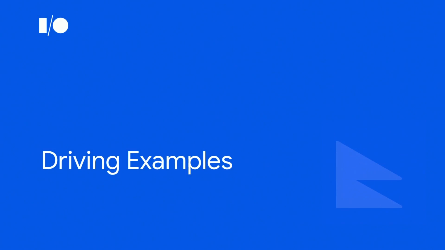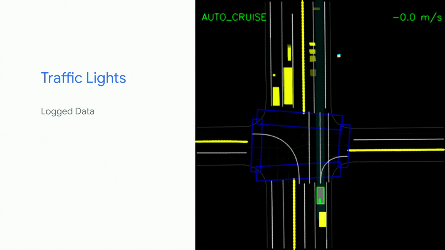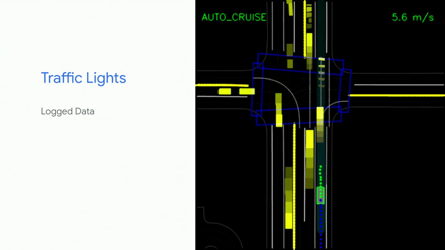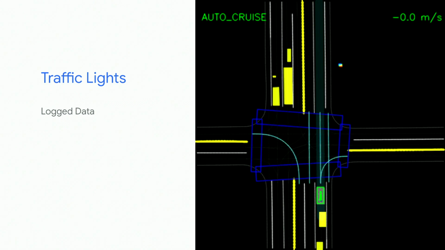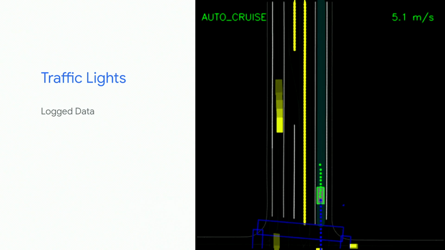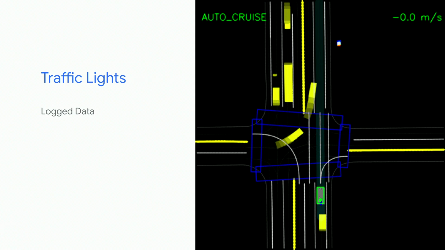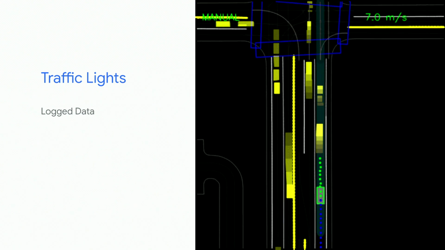Those were examples of some of the log data. Let's look at some more of these logged driving examples. So this is an example of approaching traffic lights. Once again, if you recall, the lane center lines encode the state of traffic lights. In this case, the traffic lights turn from orange to red, and the cars in front escape the light as expected. But our agent, instead of just following behind them, comes to a stop for the red light and then continues as it turns green.